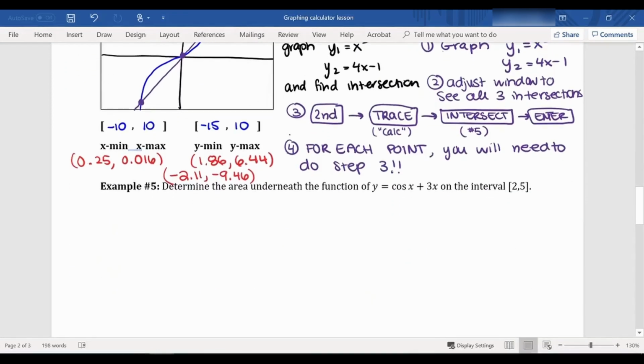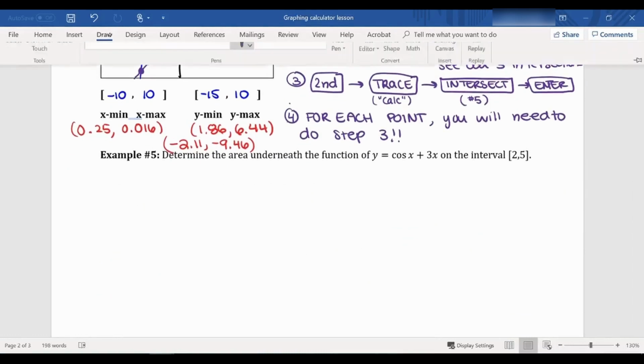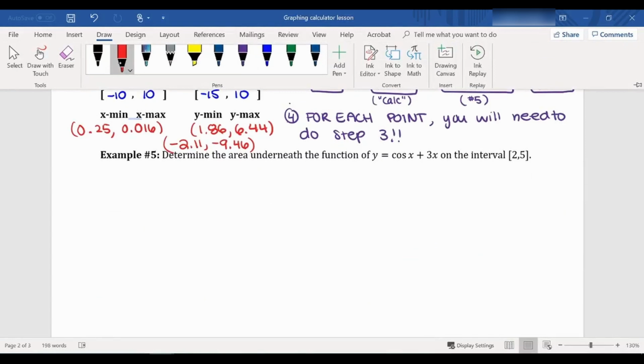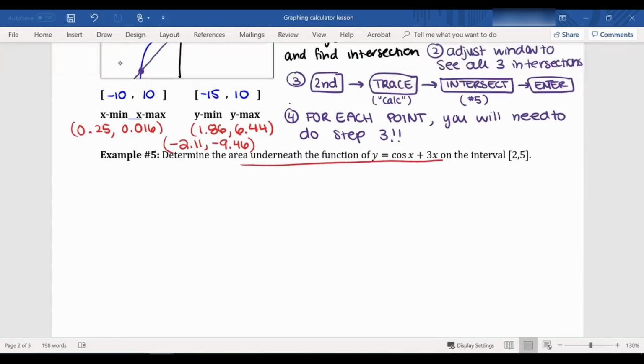So now the next one is, well, what if we wanted to find the area underneath a function? Well, we know that an area underneath a function is an integral. For this one, it's from 2 to 5. And this one's going to be cosine x plus 3x dx. Now, this is something we do know how to integrate. We could use this to help us confirm our answer, but we do actually have a